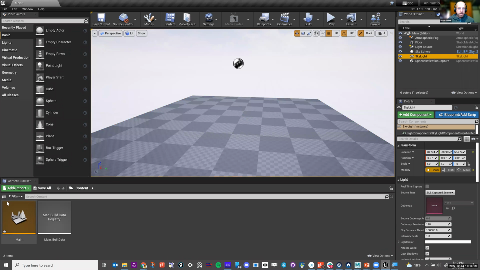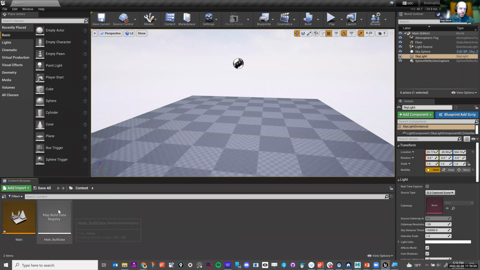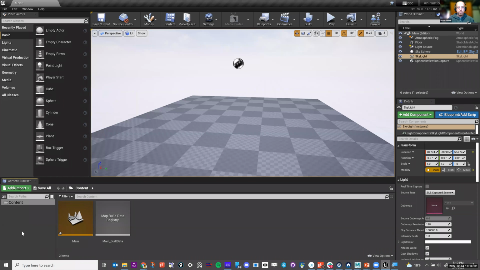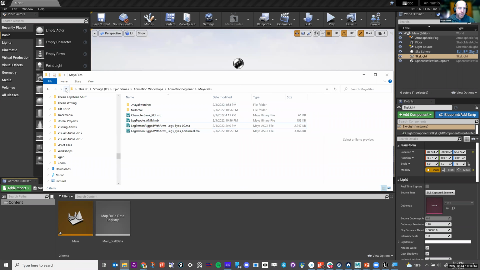To the left side, I don't know why they do it, but I think in version 5 now, this little content window opens up, and this is the folders. With that closed, you're basically in the content folder. But I personally like to see the folders that things are in, so I like to just turn that on. Right now we're in the content folder.